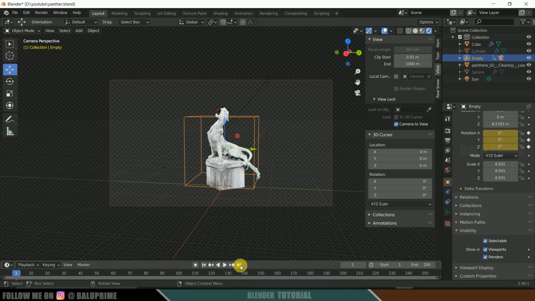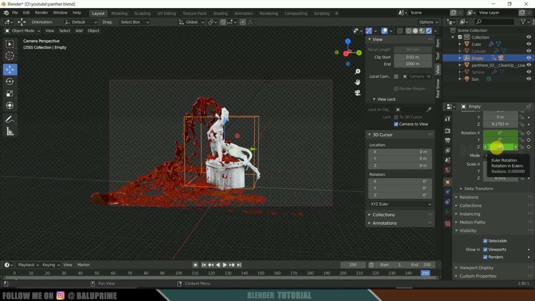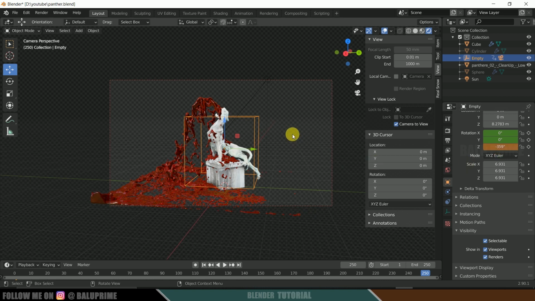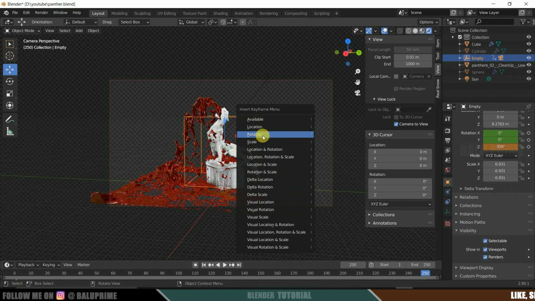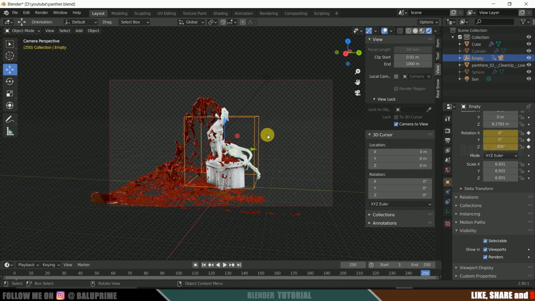Now move to the last frame. Now rotate this Z to minus 359 and press I on the keyboard and enable keyframe for this rotation once again. So if we play this animation, we will get this turn around animation here.